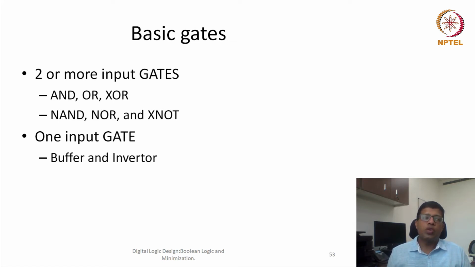Along with the inverter or NOT gate, there is also one more gate which is popularly used in some particular cases, called a buffer. A buffer does not do any logic; whatever is the input is given as the output. Sometimes it is required to increase the strength of the signal. We will not discuss this buffer gate here. So what are the new gates we will be discussing today?